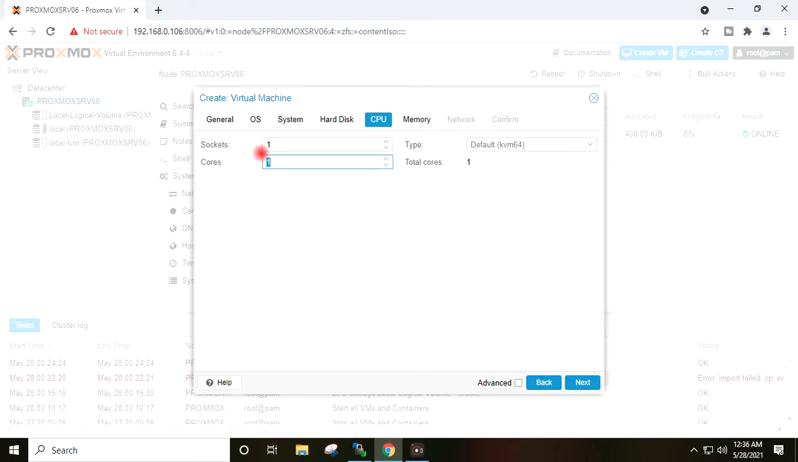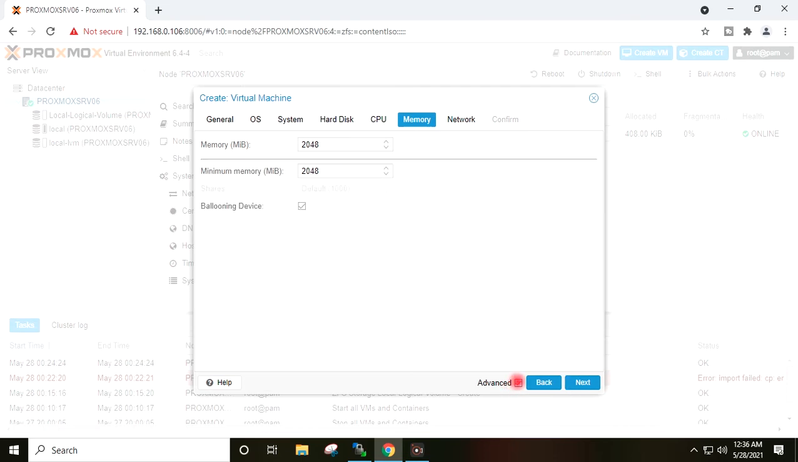CPU core, I will select 4. Next, in the memory option, I will tick first advanced. I will give the memory size 4096, and minimum memory I will give 1024. This is the memory ballooning. Next,